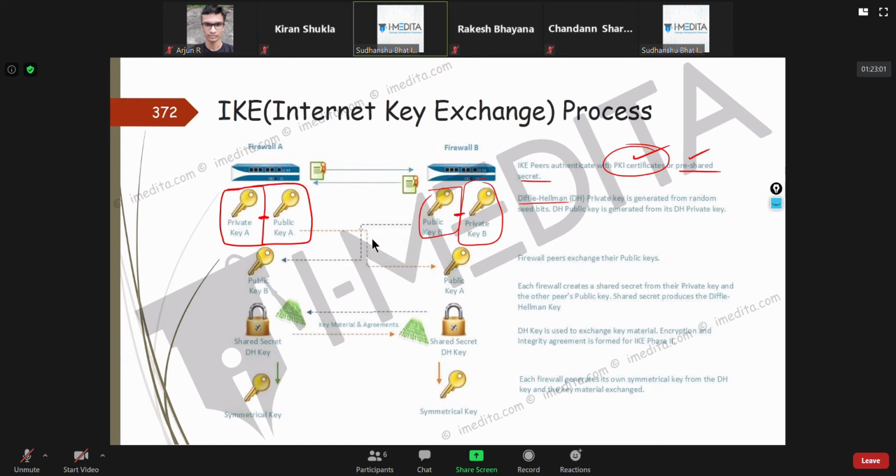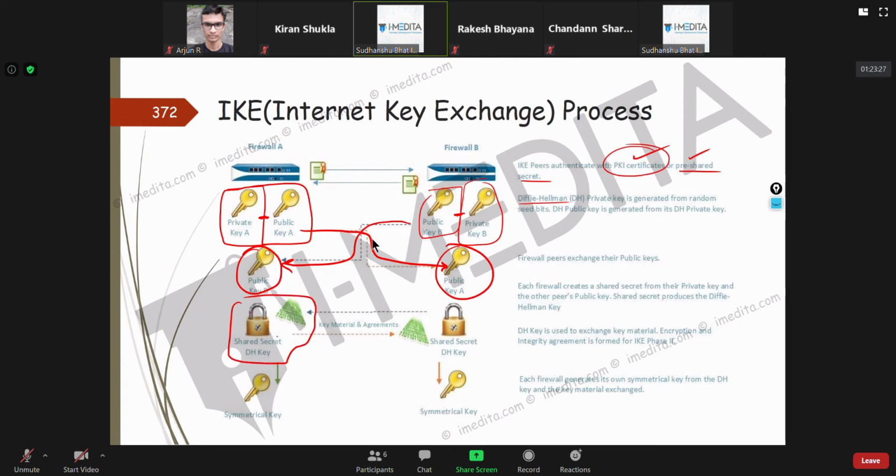Now what happens is you give the public key to the other party and you take their public key. This is what they use to generate a shared secret DH key, which they keep on changing.